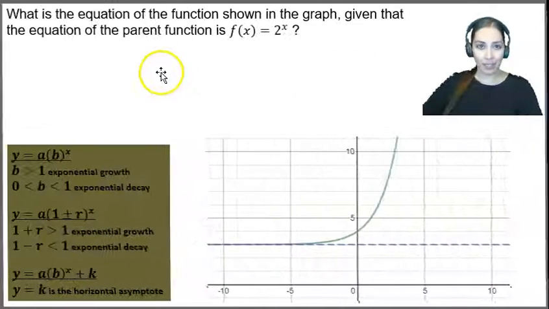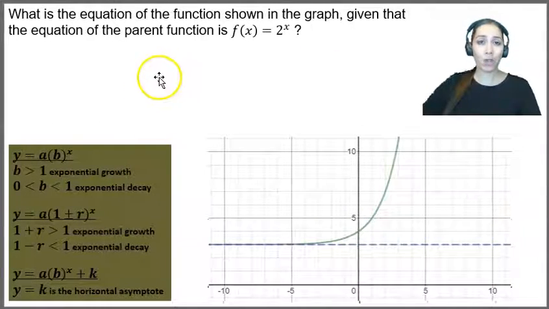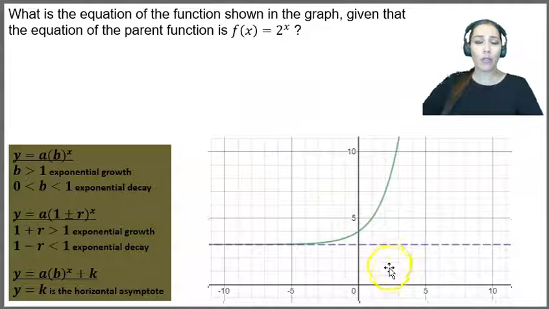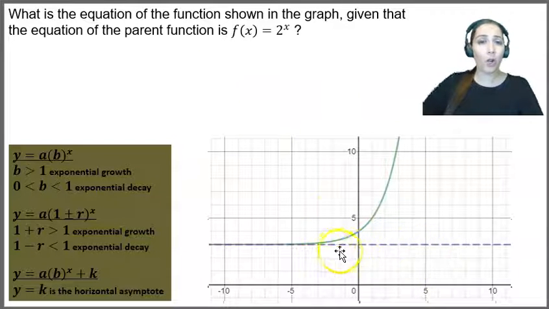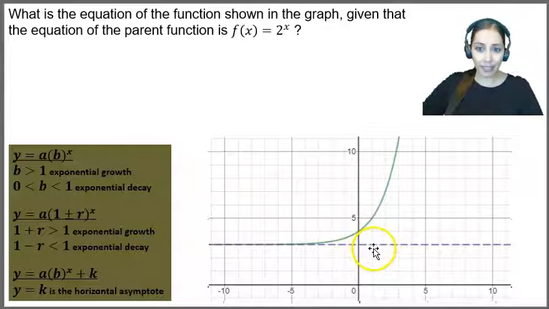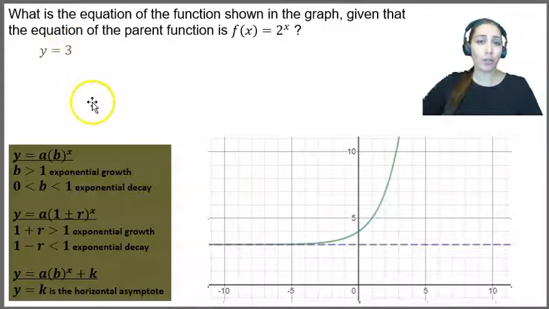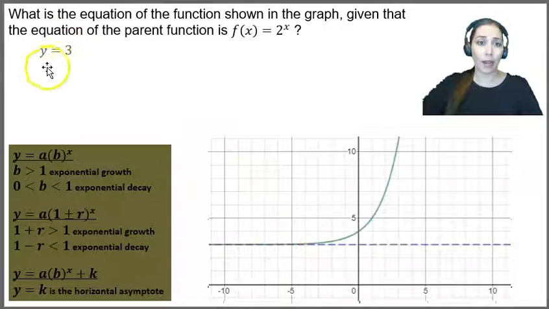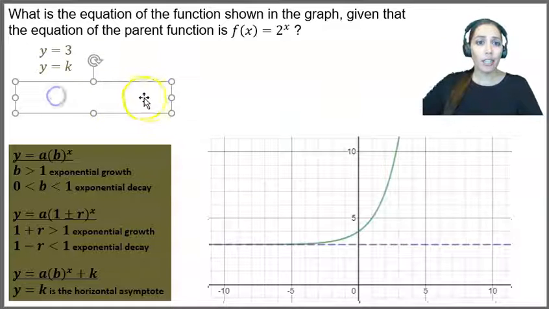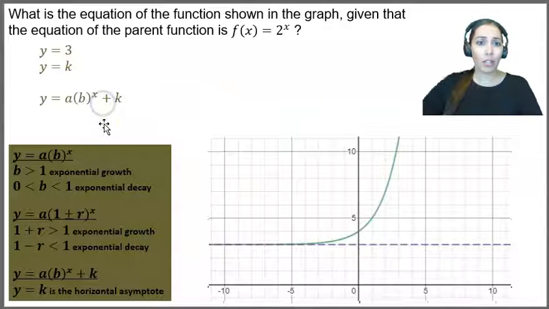Now that we have Chloe's tips and tricks, we can go ahead and figure out what the equation of this function is. The first thing I notice here is that they drew a horizontal asymptote. I can see that it's at the line y equals 3. And I know that if y equals k is the horizontal asymptote, I can work backwards to get this formula. So the first thing I'm going to do is just write that down, y equals 3. That's the horizontal asymptote that I got from the graph. And I know y equals k. So part of my equation, the plus k at the end, will be plus